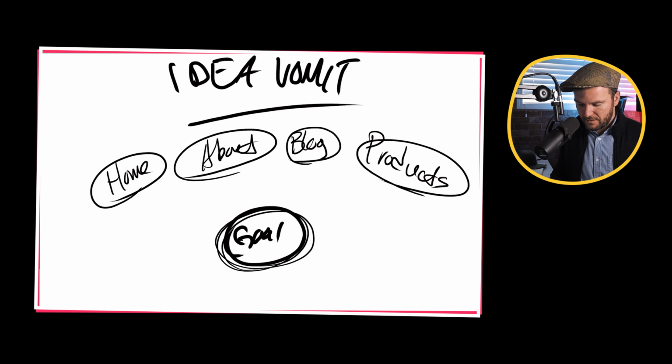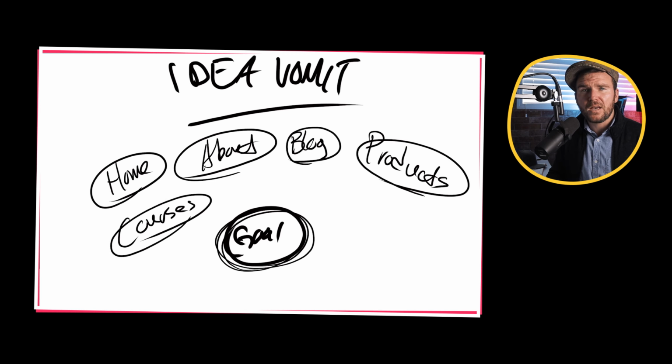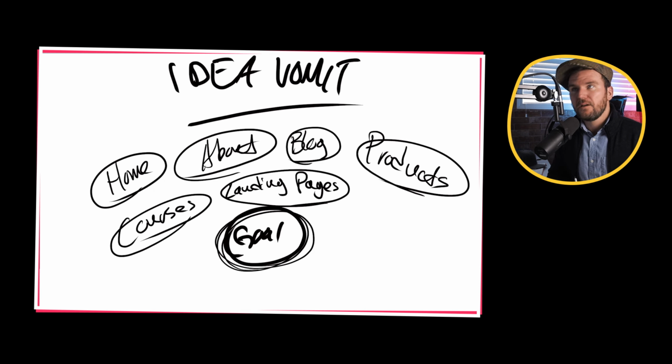I sell products, maybe courses. So that's another one. I have courses. Let's see. What other ideas do I got? We've got maybe landing pages for email opt-ins. What else? We got a contact page,